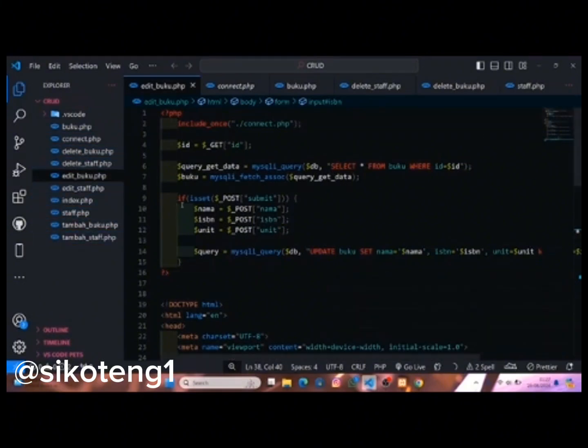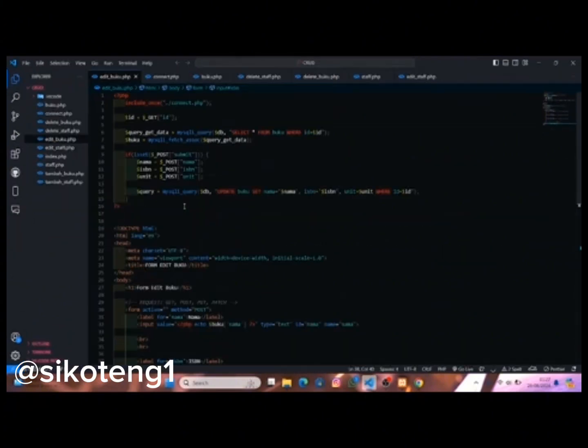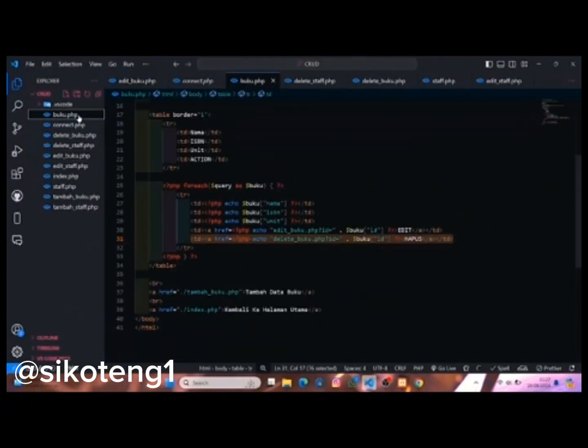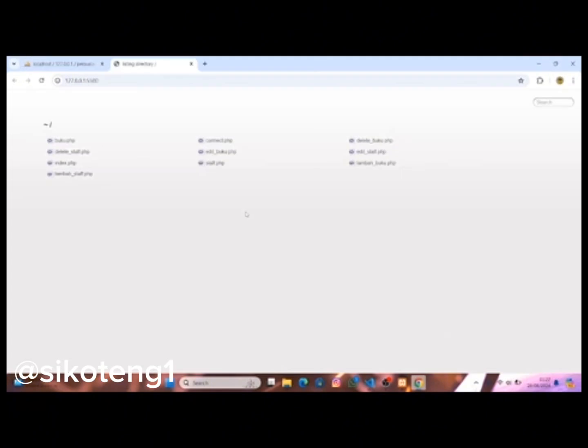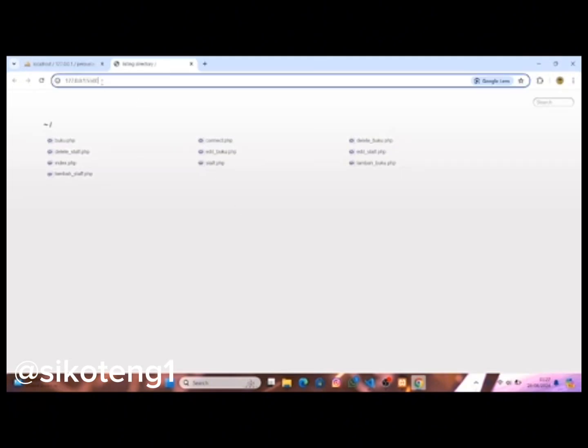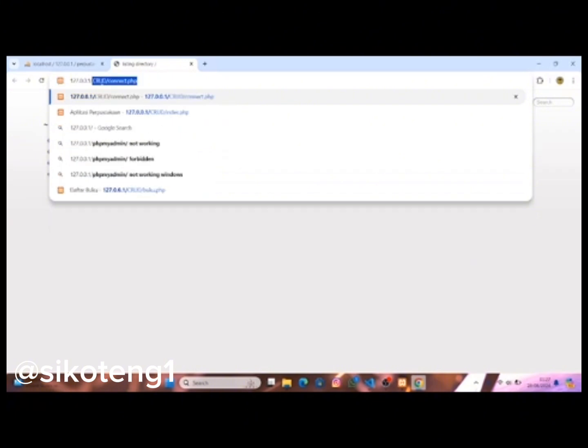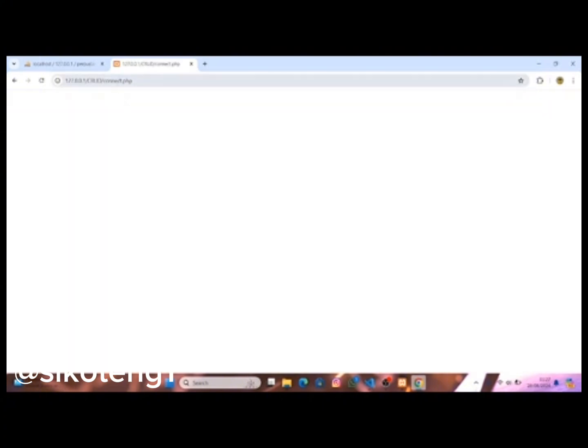Okay, so what is CRUD? Now I will tell you what CRUD is. I'll give you an example. Okay, this is buku.php. We're going to go live with Live Server. We have to type it manually, /CRUD/connect.php.